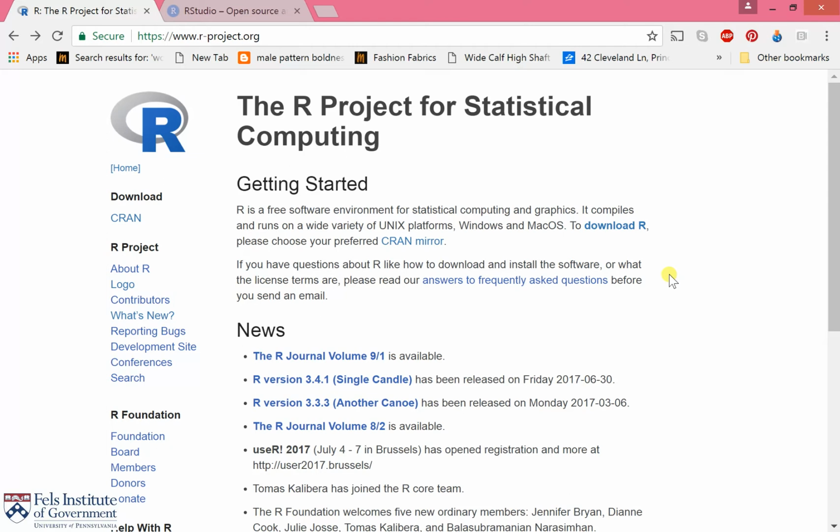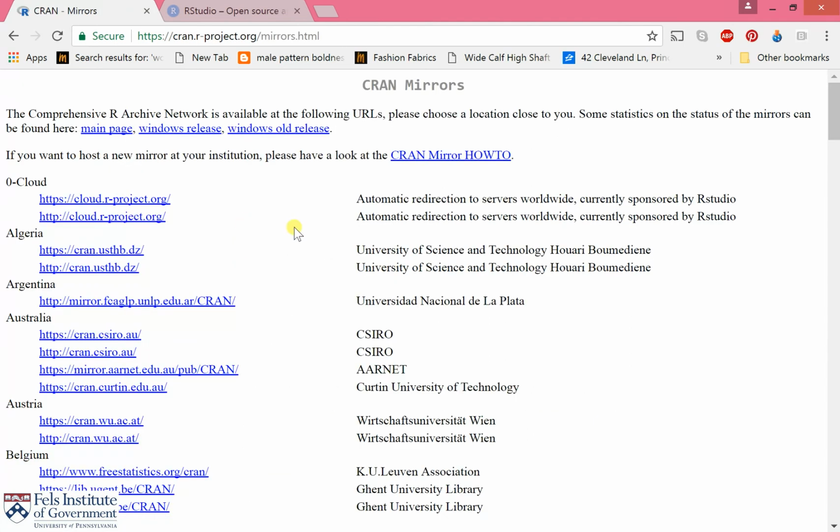So to get started, we'll go over to the R project homepage, which is just www.r-project.org. It's the homepage for all things R related. On the left-hand side of the web page, under Download, we're going to go ahead and click on CRAN, which stands for the Comprehensive R Archive Network. That's something we'll learn a little bit more about later on in the semester, but for today, the only thing we're interested in is the CRAN Mirrors page, which is just where we select where we want to download R,